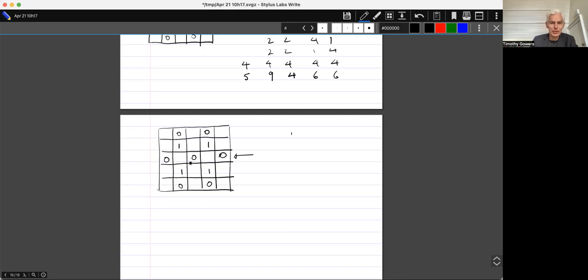If I use the 5 by 5, then I cover this central square here.